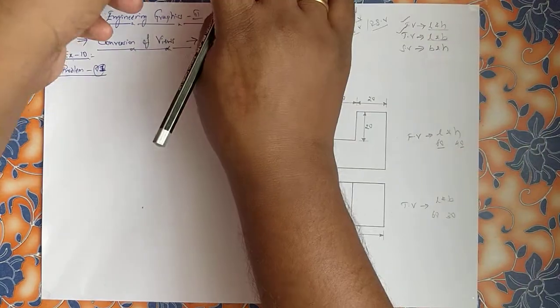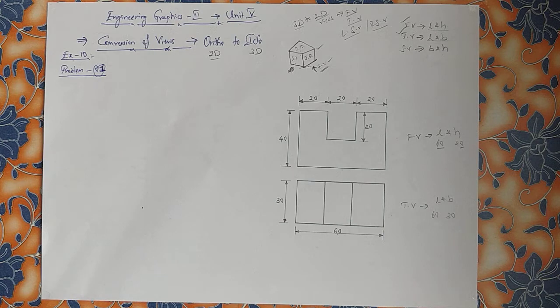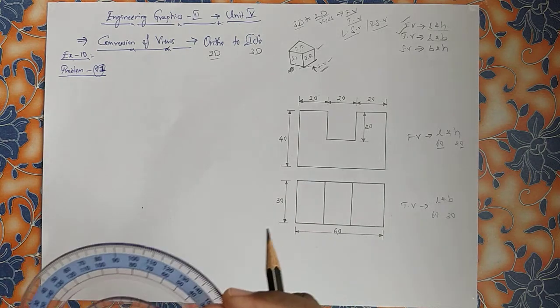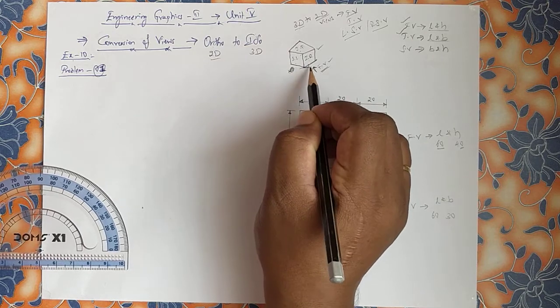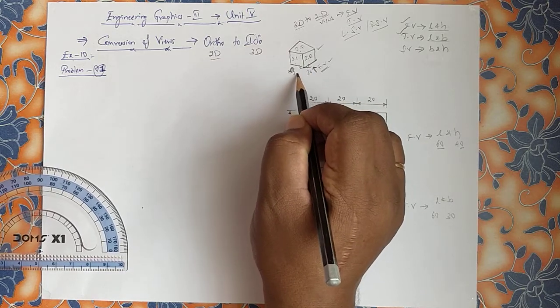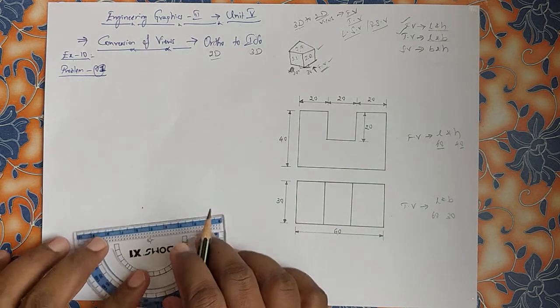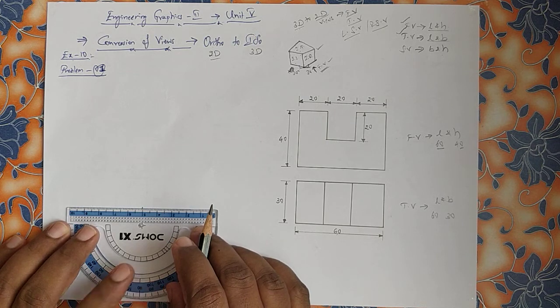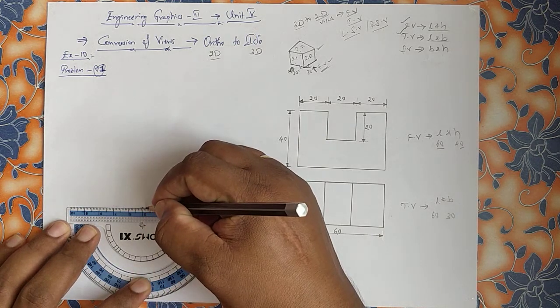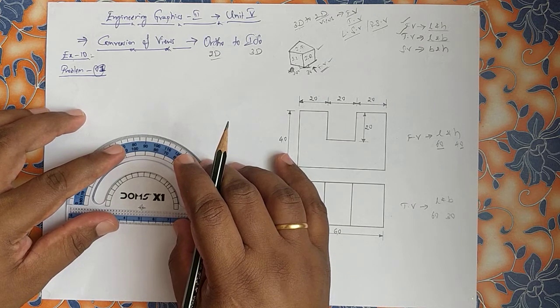I am using all the instruments which you are having handy. First and foremost, protractor. I hope you remember these lines with respect to this point: ISO right will be 30 degrees, 90 degrees. Now with respect to that point, just for reference purposes, I'm drawing a small straight line.